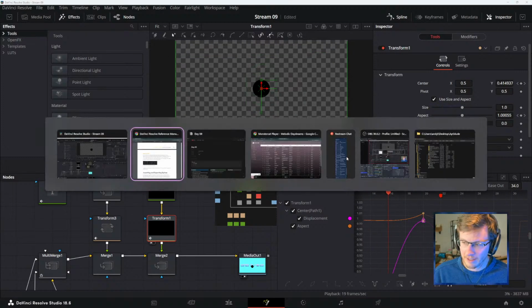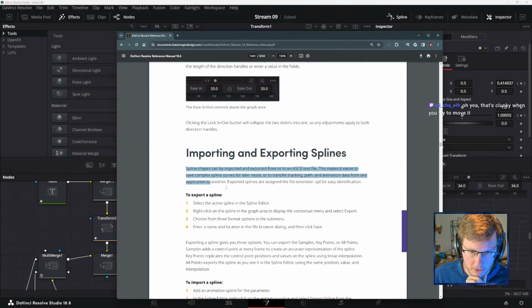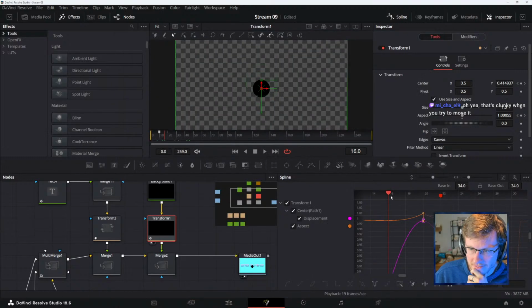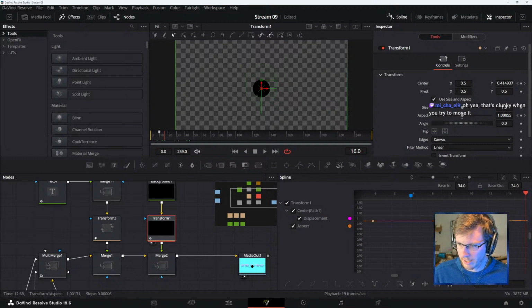Anyways, technically perfect boink. And then we've got importing and exporting splines. I don't know how to explain this, but I do feel like the fact that things are breaking is my fault here at this point, especially since we're kind of into the spline editor. We're probably not perfectly operating it, right? I feel like some of these things are breaking because of me.